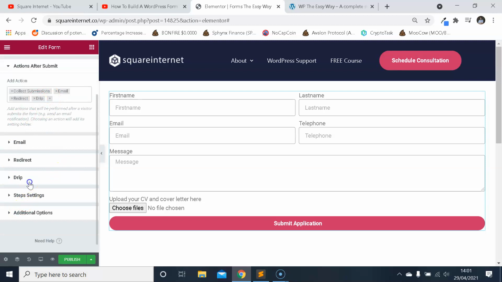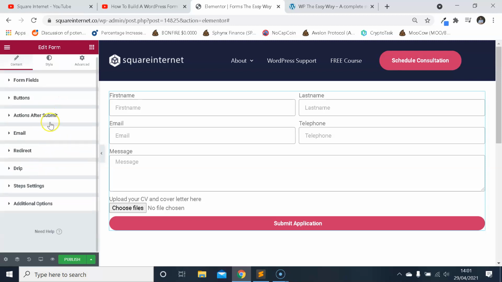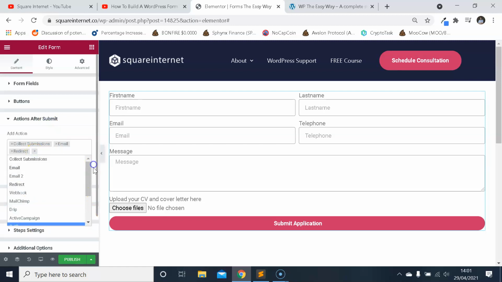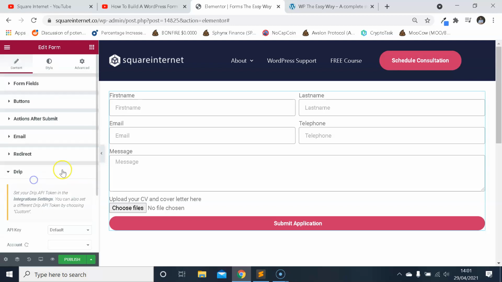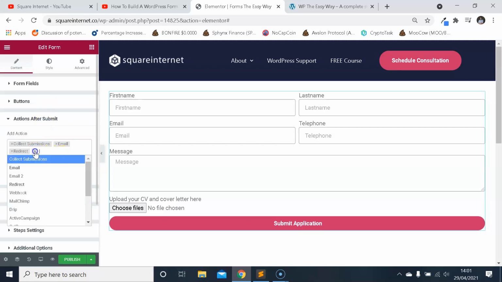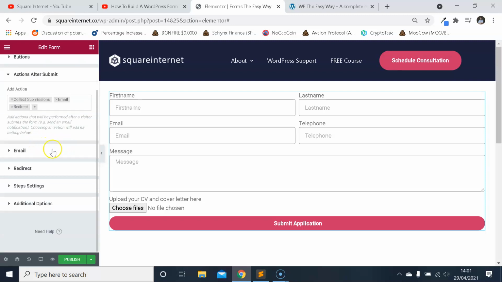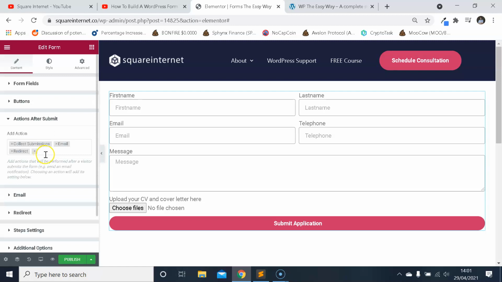Because anything you add here, it's going to automatically add a little tab here beneath the actions after submit. If I click off Drip, it will go from below. But it's all done in the Elementor builder, which is just so cool and so easy to manage. But that's where you control what happens when you submit the form in actions after submit. And the main ones, as I said, are generally collecting submissions, sending an email, and a redirect actually. And like I said, when you add something here, you get a new option in the Elementor content tab